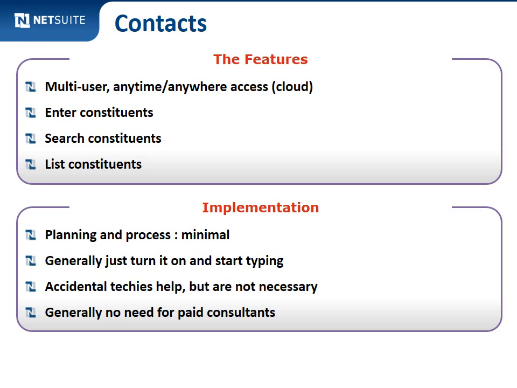There's a couple of things in the contact strategy that are really important. So there's the features of the software that are important to this, and then there's kind of the implications for implementation. So the features are, the first one that is kind of key is this multi-user anytime, anywhere access. So if you are sitting next to the executive director's office, walking into their room to look at their Post-its is not that big of a deal. But if you're a multi-site agency across 3 states, what are you going to do? Fly to the executive director's office to go look at the Post-its on their wall? It's just impossible. So you need to have some kind of multi-user access.